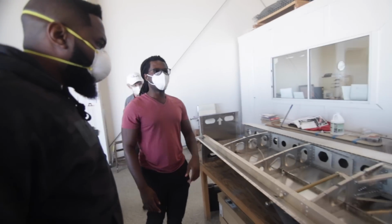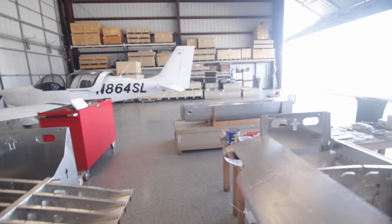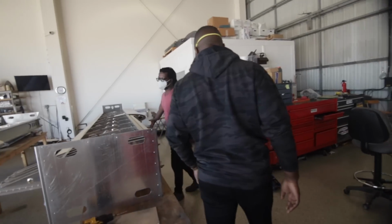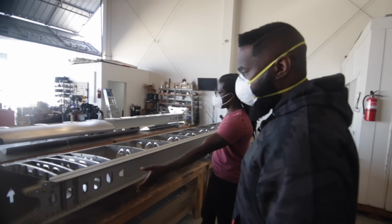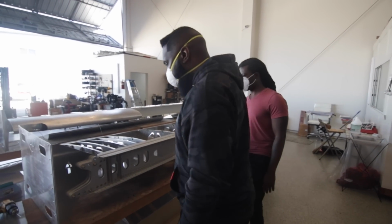And then your fuel tanks, that's what we were showing you earlier, right? These here. Actually, this is where that tank comes down. So the tank's on the leading edge of the wing. So it becomes part of your wing. Yeah, those little tabs kind of interlock and hold it